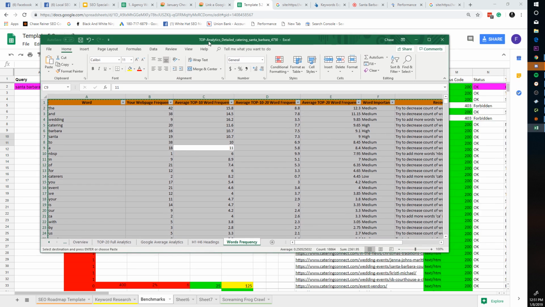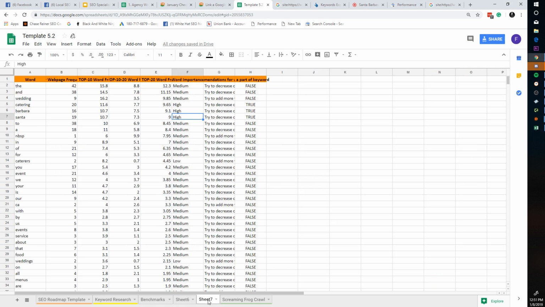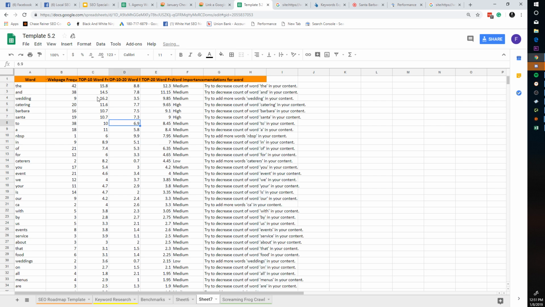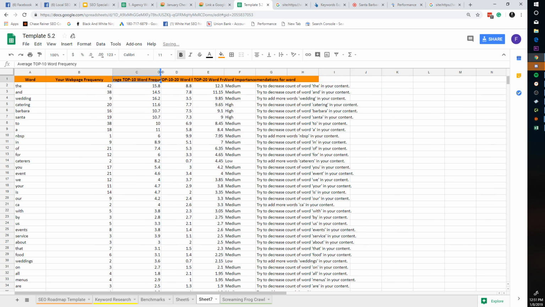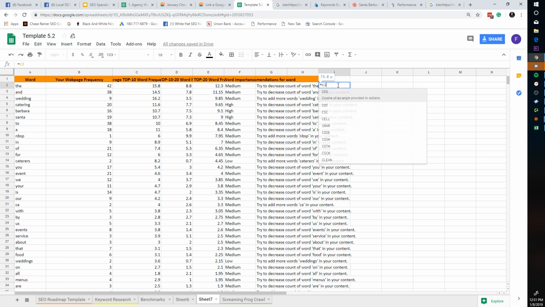So anyways, if we go into the content related averages now, or the word types, this is something that I think is really important. So what you'll do is you'll take your column right here, your web page frequency. Actually, we'll do that in a second. We'll take the top 10 word frequency, which is here. So C equals C2, and we'll multiply that by 1.3, because I think that's probably a good metric if you're going to be going over